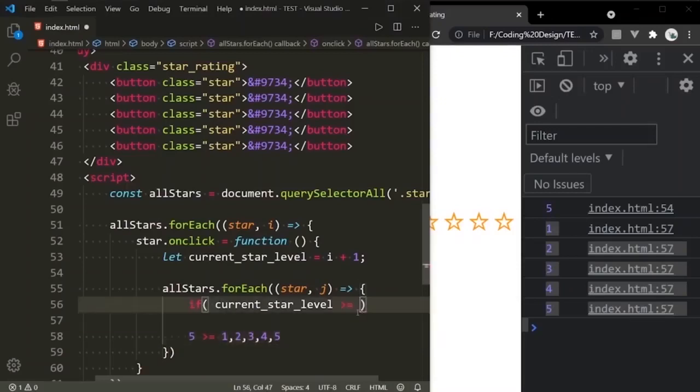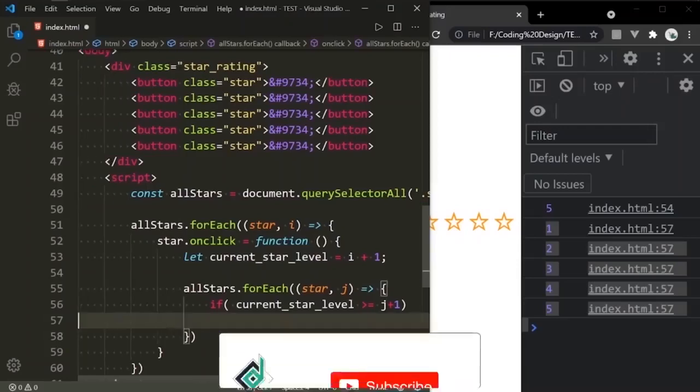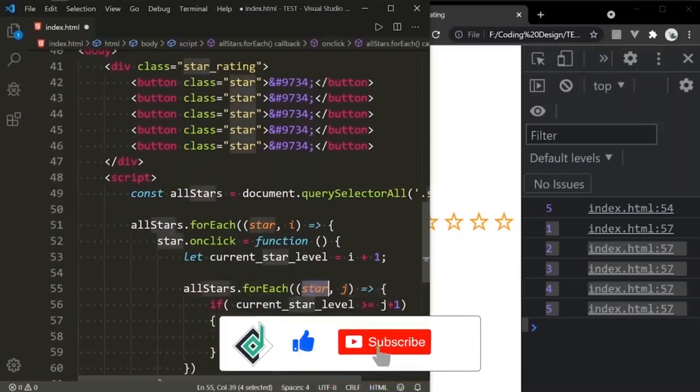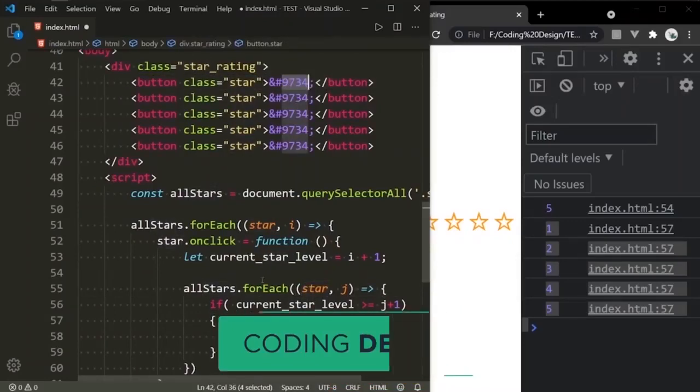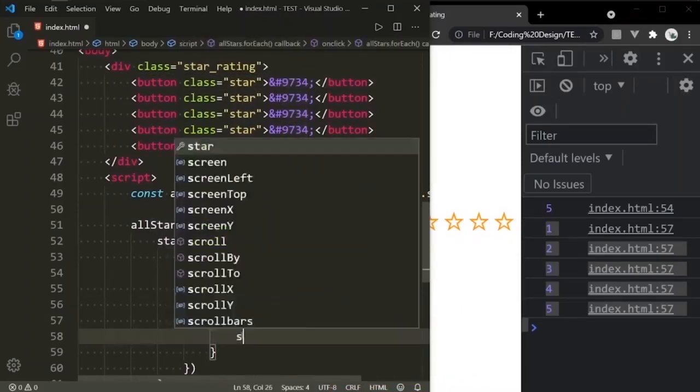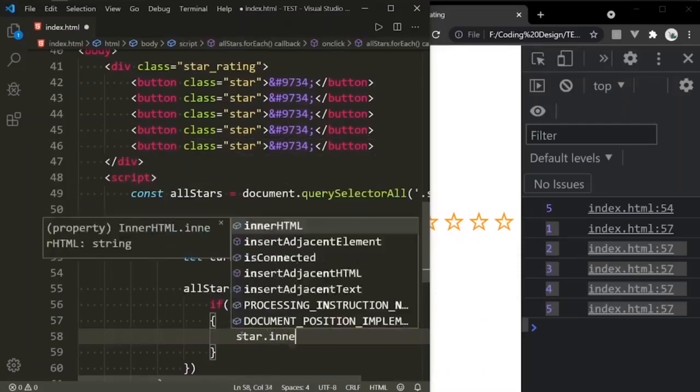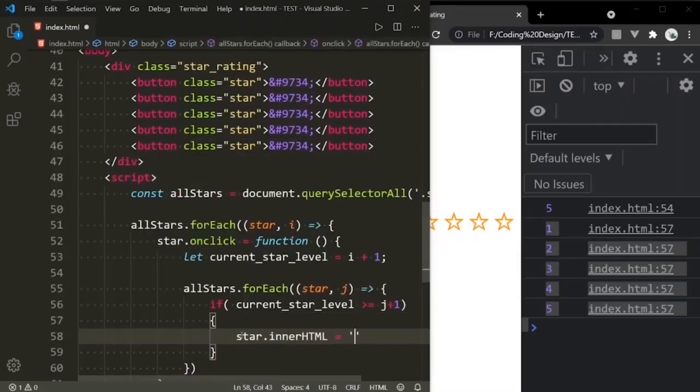If current star level is greater or equal to j plus 1, if that's true, then I want to change star class button's inner HTML to this. This is the hexa value, so 9733.